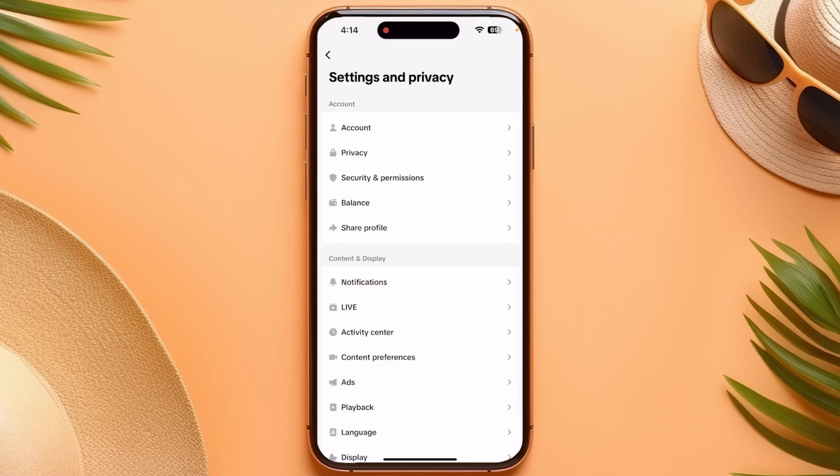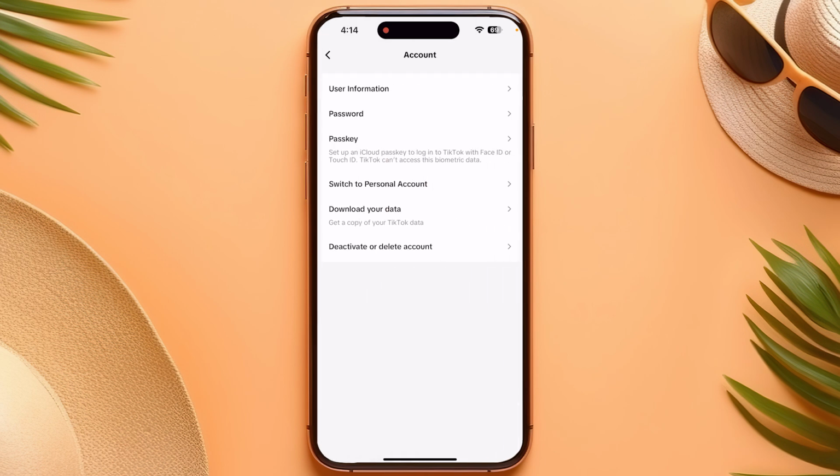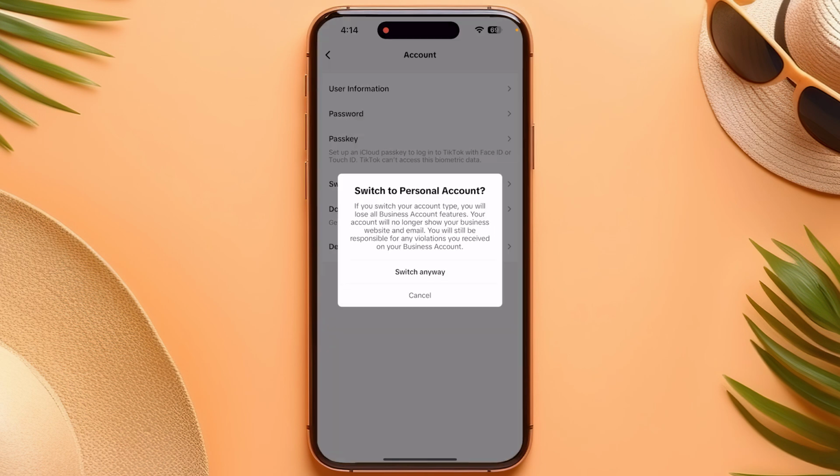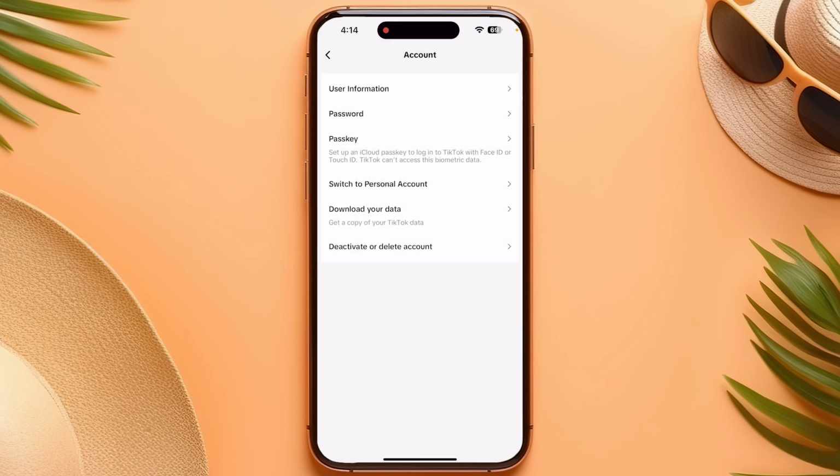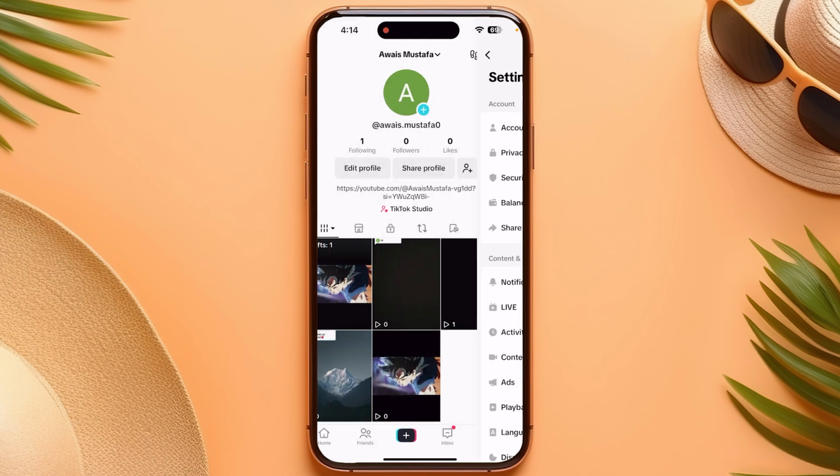From here you have to switch your account to the business account. For that, go in the account center and from here click on the switch to business account. So I already switched my account to the business account, so I have the option to switch to the personal account, but you have to switch to your business account, and after that you have to go back, and